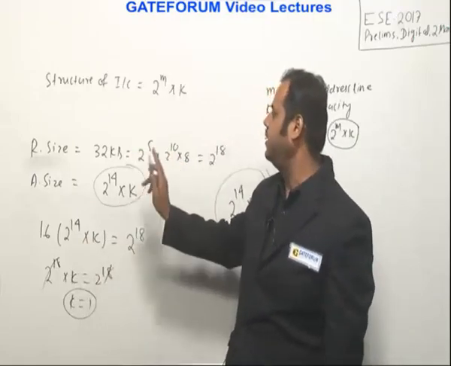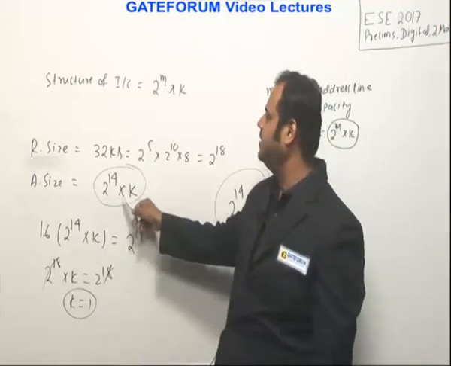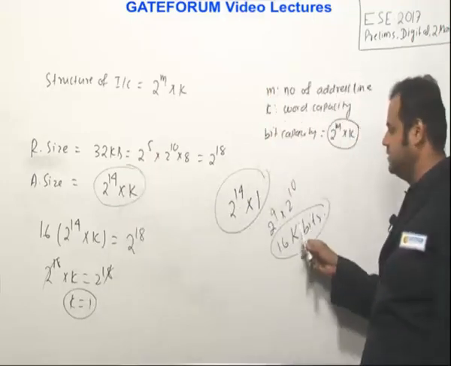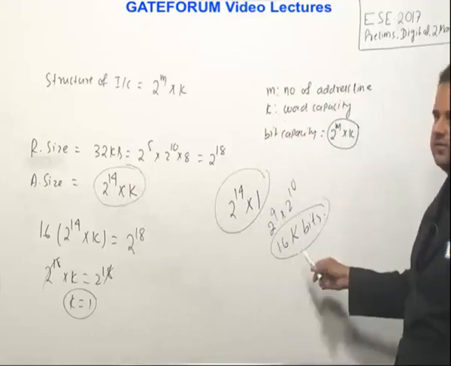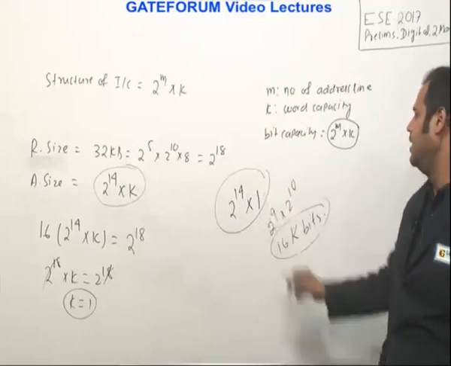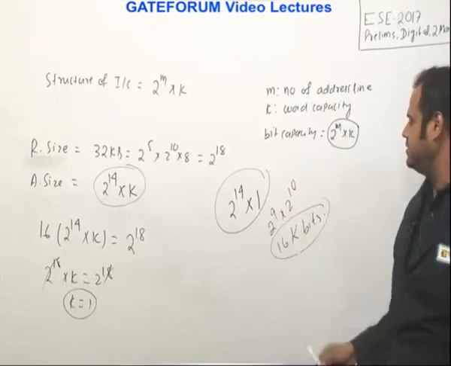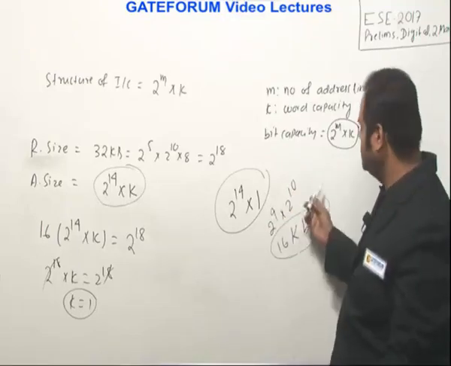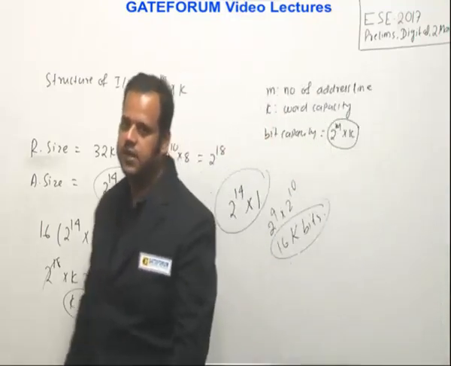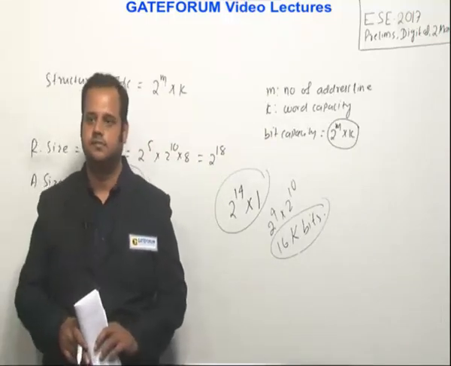K equal to 1 means I am putting K equals 1 here. So you are getting 2 raised to power 14, that itself is 16K bits. So this is not bytes. If this could have been 8, I would have said bytes. But it is 1, which means it is bits. So the answer is 16 kilobits, which is given in option B. So B is the right answer for this.